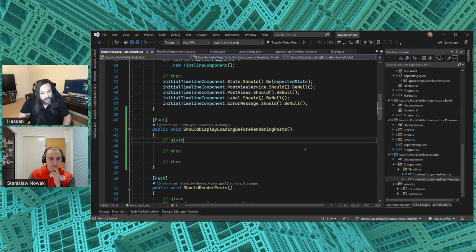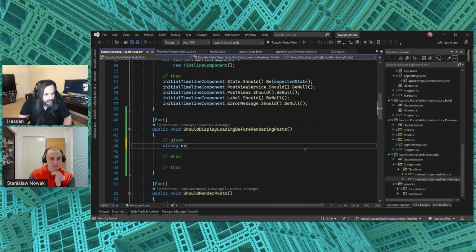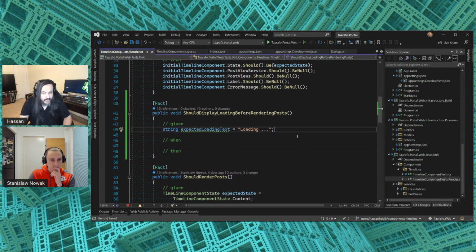So this is what I want. I want this to be string expected loading text equal loading dot dot dot like this. That's this guy. And then watch this crazy thing. I'm going to make the system actually slow down. I'm going to slow down the system and evaluate the system before it even